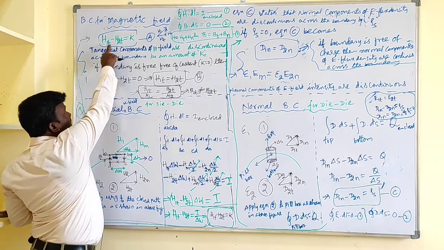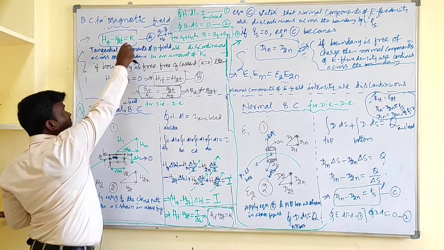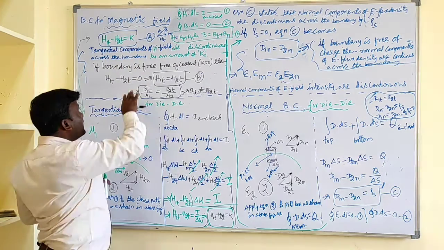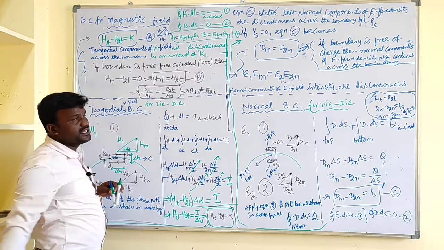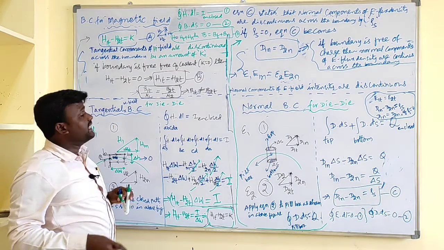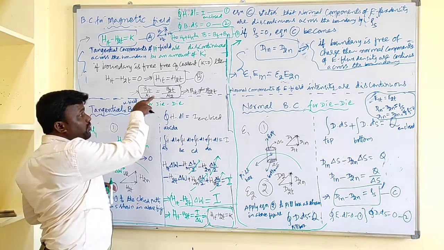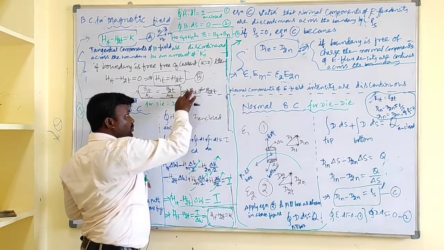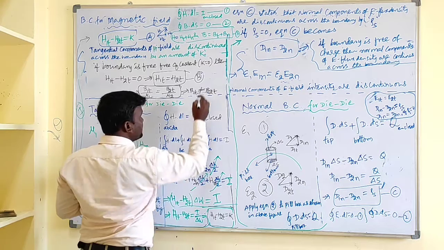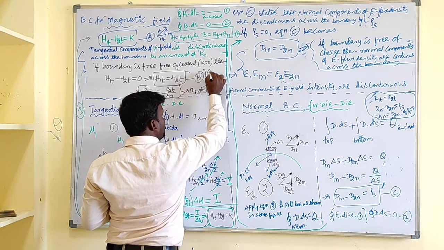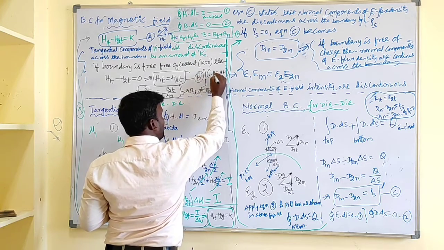It says that tangential components of magnetic field intensity are discontinuous by an amount of K at the boundary. If the boundary is free of current, meaning K equal to 0, in that case H1T minus H2T equal to 0. That implies H1T equal to H2T. It indicates that tangential components of magnetic field intensity are continuous across the boundary if the boundary is free of current, whereas the tangential components of magnetic flux density are discontinuous across the boundary. Since here we can write B equal to mu into H, or else H equal to what?